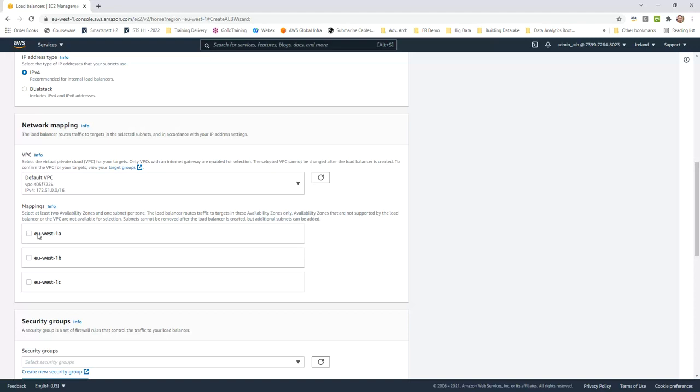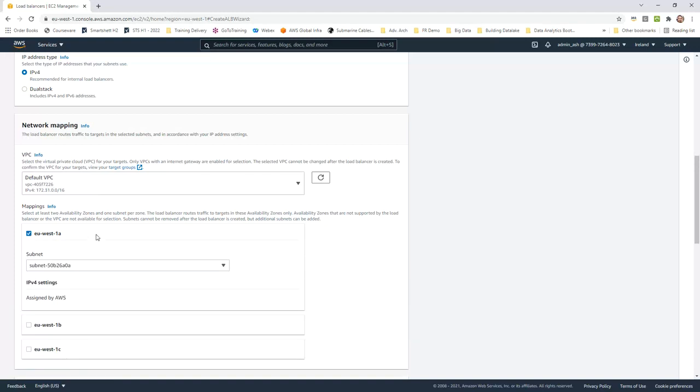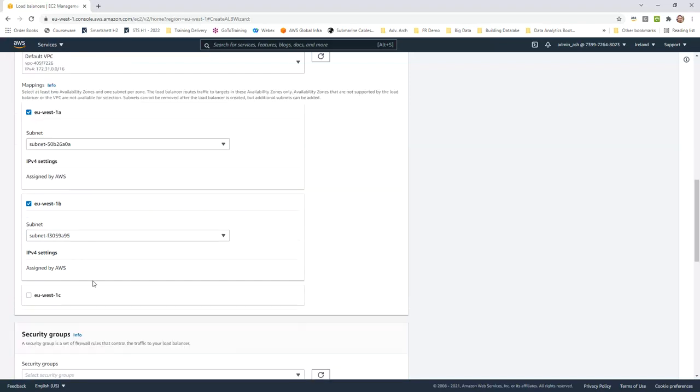Now, a VPC may have multiple subnets inside, right? And now I can select that I want my targets who would receive traffic, maybe they exist in the first availability zone. So if I select it, I have to select which subnet in that availability zone my target would be belonging to. So I can say only this availability zone, and then second availability zone, and these are the only subnets present within my default VPC. It's not mandatory to have all the availability zones added. You may decide that my application would only work from 1A and 1B, never from 1C. So that decision is possible. You can add that, no problem at all on that, right?